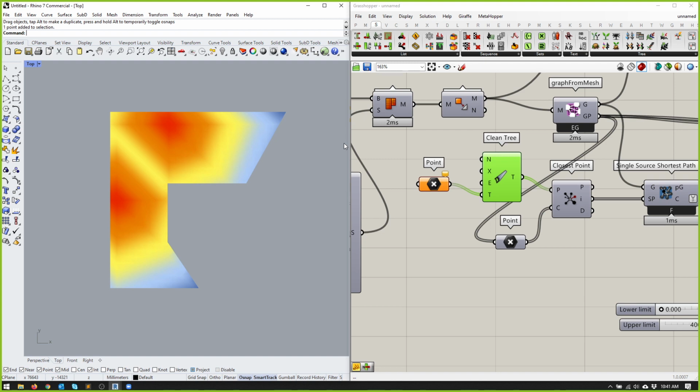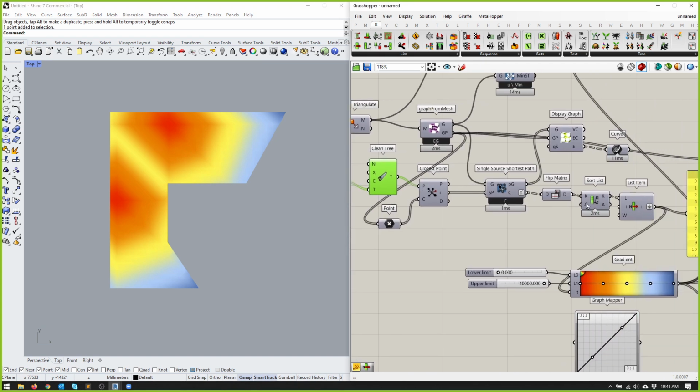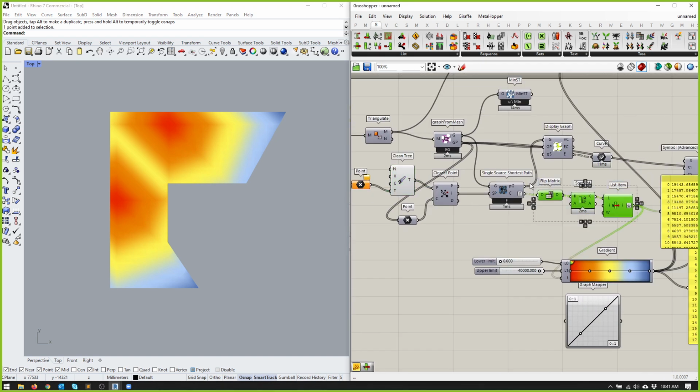Is everyone clear on that? That quick little script that I did with the flip matrix and the sort list and this list item? Okay. So,